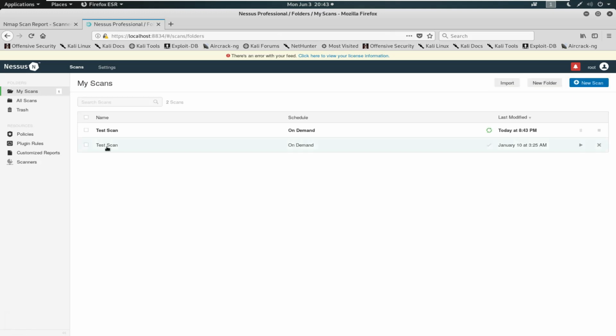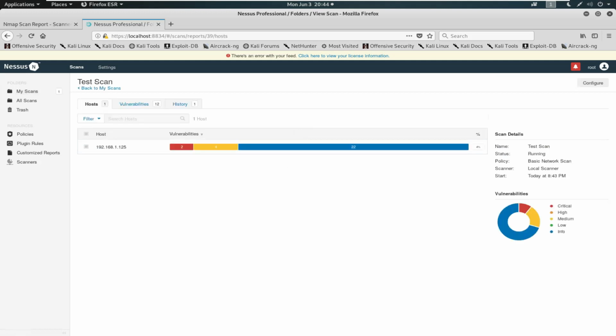Notice that I have also created a task scan in early January. So anyway, the name is the same, so you can actually delete this if you want. You can just click on this one and then select, I think you can just select trash here. Never mind, let me just leave it alone. So while the scanning is running,